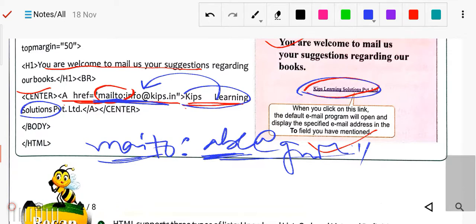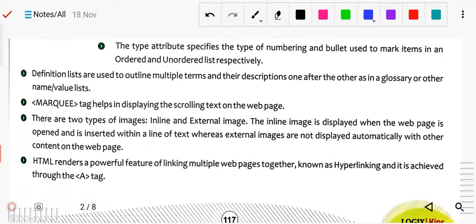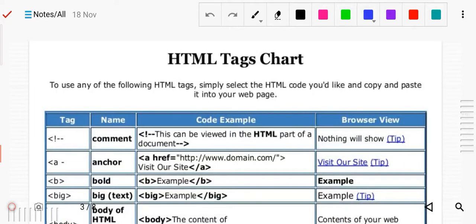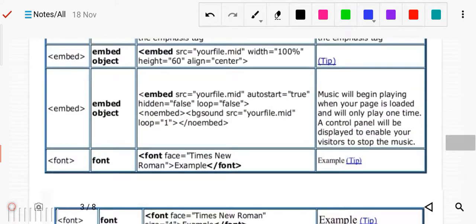Okay, now these are the quick revisions. You just read it and practice all the programs that are here, practice them once again. Here are some HTML tags that I have added. You just go through it, you can write down in your copy and learn it one by one. You can see all the tags are there, so you can see all the HTML tag charts. Like it is given for the comment, for the anchor, for the bold, for the big. So you can see one by one